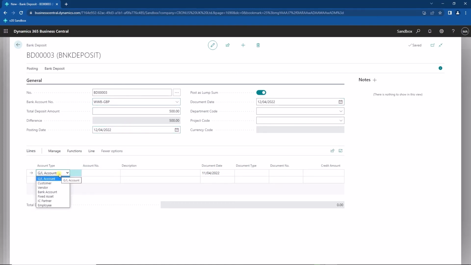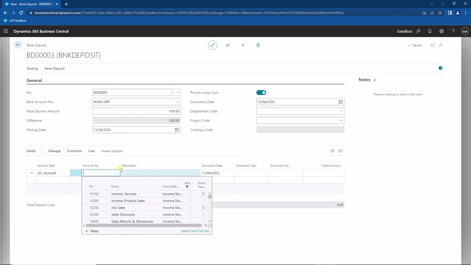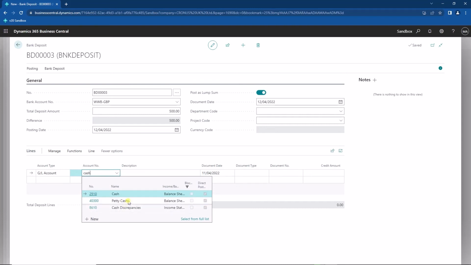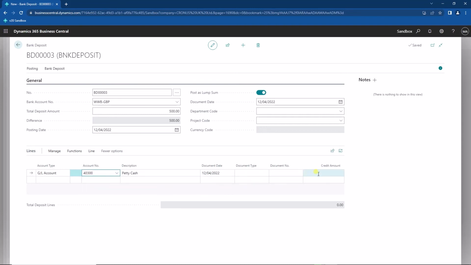And then on the lines, you can say what type of entry is it you're posting. So maybe if you've got some petty cash you want to deposit, you can say it's a GL account, and then we'll type in cash, find our petty cash account, and we'll say that £100 of this is going to be petty cash. What's the document type? Is it a payment or a refund? Well, that's a matter of the petty cash, and a document number. Again, this doesn't fill in automatically, which is slightly strange because this is effectively a batch, so it should fill in, but it's not. So we'll just put in cash in there,